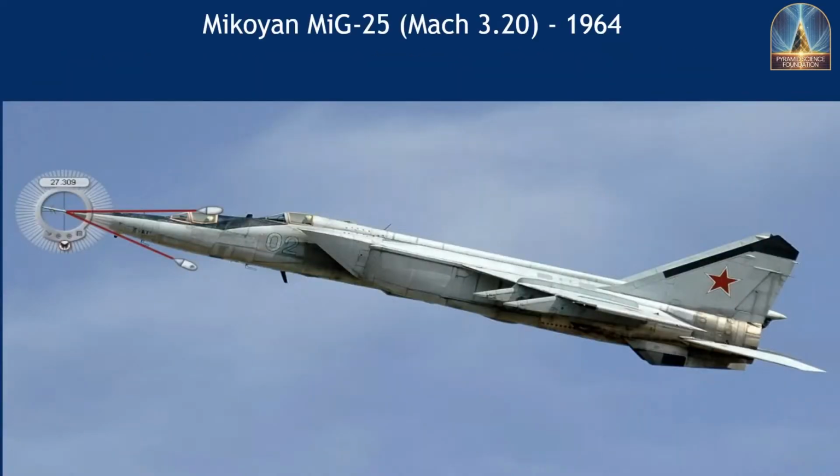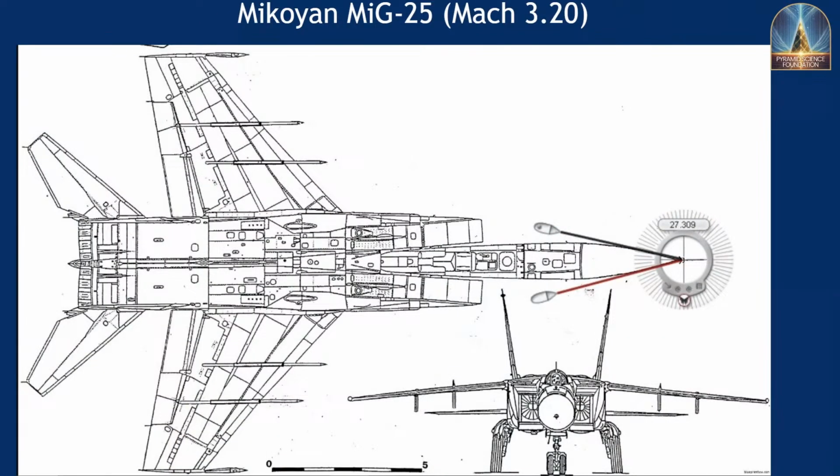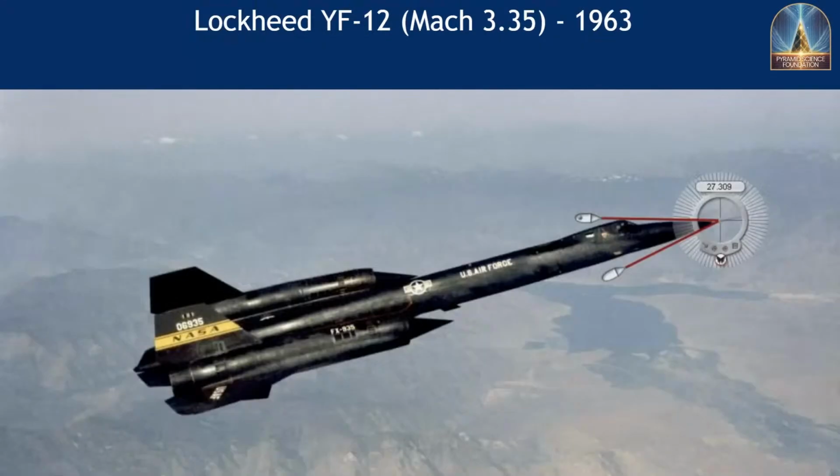This is a MiG-25 that flew at Mach 3.2, developed by the Soviet Union and put into service in 1964. We see the golden ratio scaling there as well as in the blueprint. Here's a Lockheed YF-12, originally flown in 1963. Again, after World War II, both the Soviet Union and the United States were in a